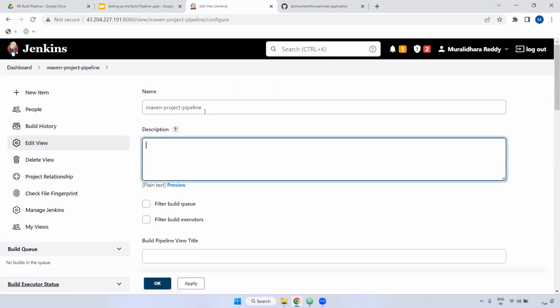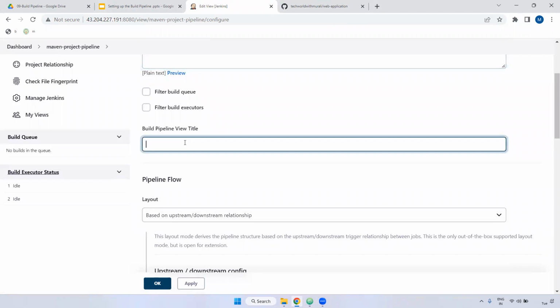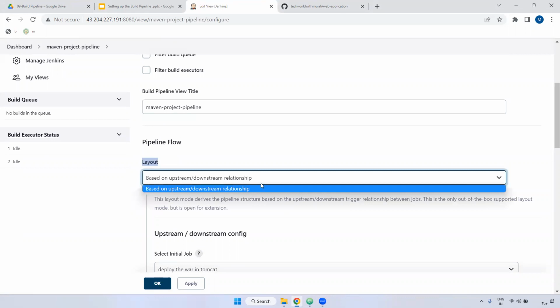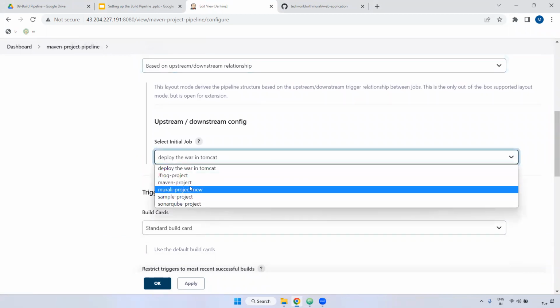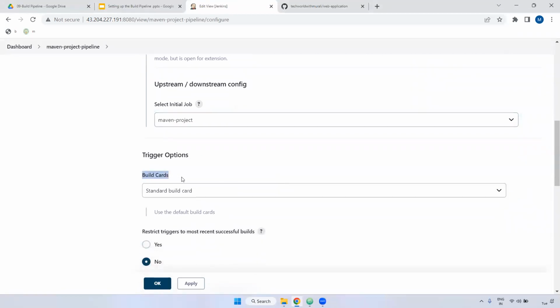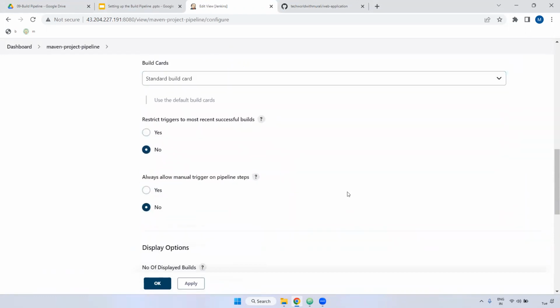Now here, if you want to give any description, you can give it here. Okay, and coming to the title, I'm also giving the same. And here, for layout, there is only one option, based on upstream and downstream relationship. Okay, here, very important: which job are you going to set up this build pipeline for? For us it is the Maven project, right? If you see here, for us Maven project, select this one. Now here, if you see build cards, we have a standard build card only. Select that one